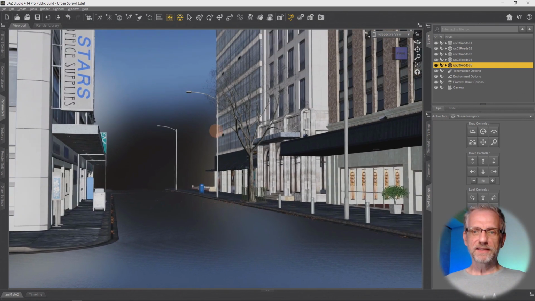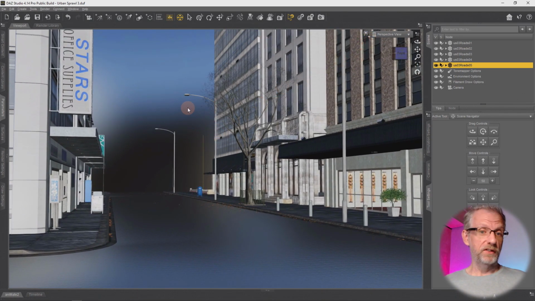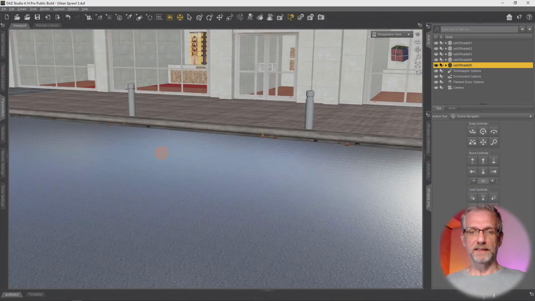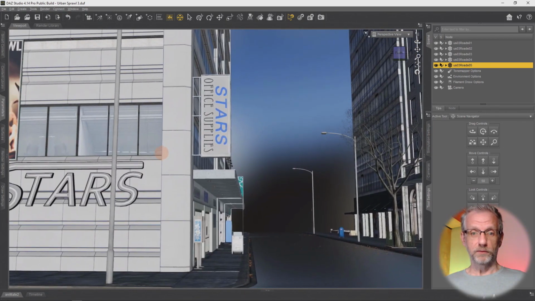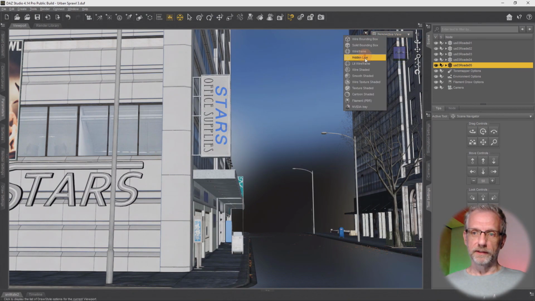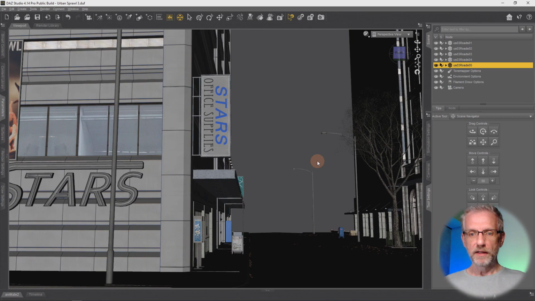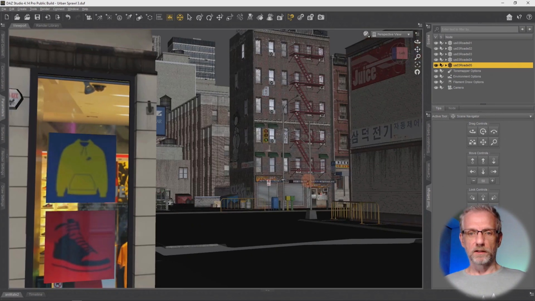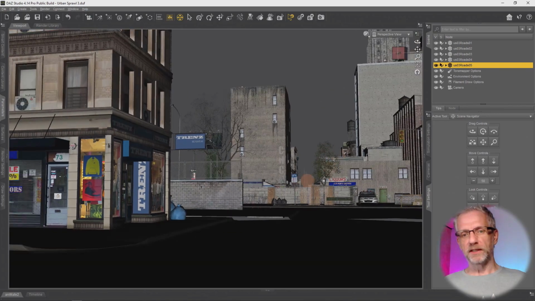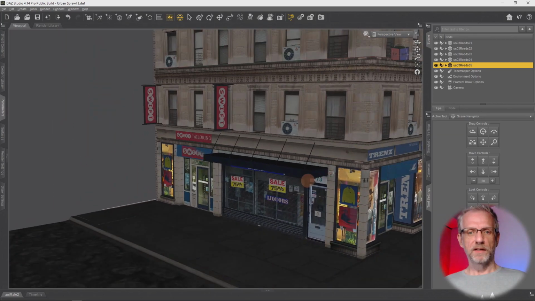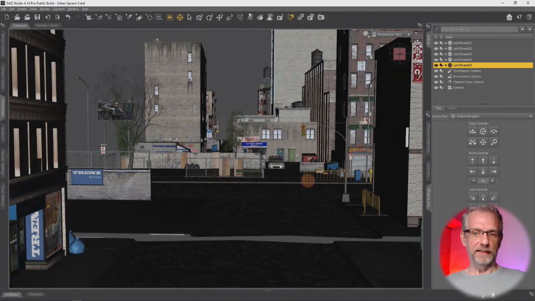So if I compare this to the OpenGL, the first thing you'll notice is that I do have my HDRI showing in the background already. It's the same one that is supplied with the default DAZ scene, and it does have an effect in Filament, which is nice, compared to the texture shaded option, which does not have that. It takes a moment to switch out these two things. And of course it's just an approximation of what the lighting is going to be like. So with Filament, the great thing is that we see the same effect of the HDRI that our Iray engine